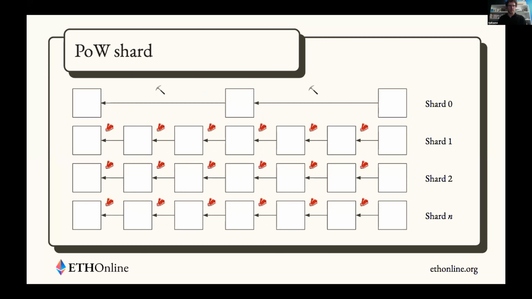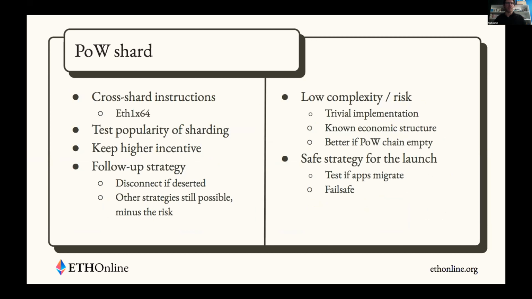So there's this other idea that's of course a bit of a bummer, but I think it's pretty interesting to consider nonetheless. It's simply to never do any transition. You just introduce the shard communication mechanisms in the current chain, and then you decide shard 0 is always going to be the main proof of work shard, and then you start the other shards. And the advantage of this is that you can leave it to the community to vote